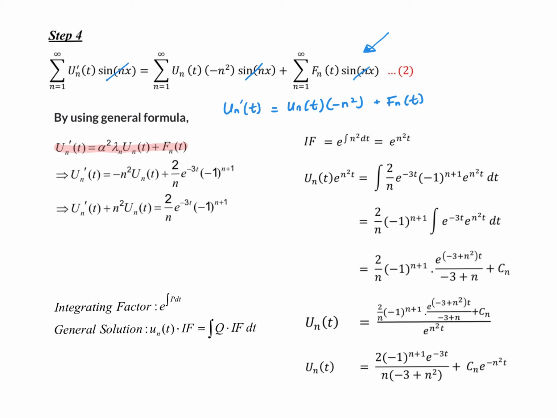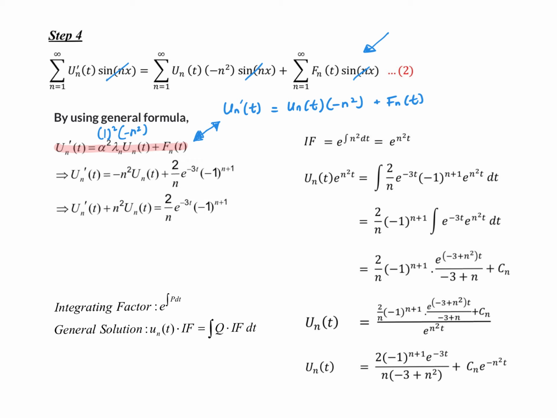So our a is 1 and our eigenvalue is -n^2. So you can use this step by equating the sine s, or you can also use the general formula because we will get the same answer. Now let's proceed to the next step where we just substitute the value of f_n that we obtained just now,